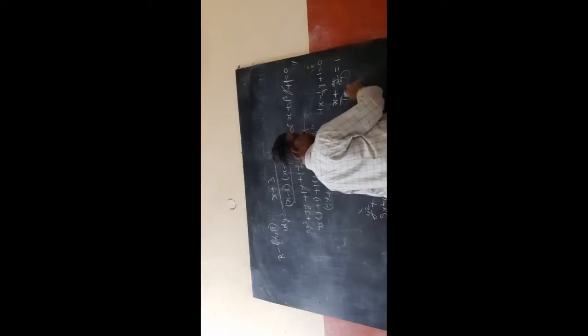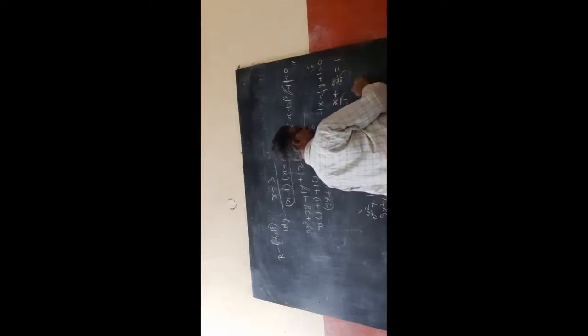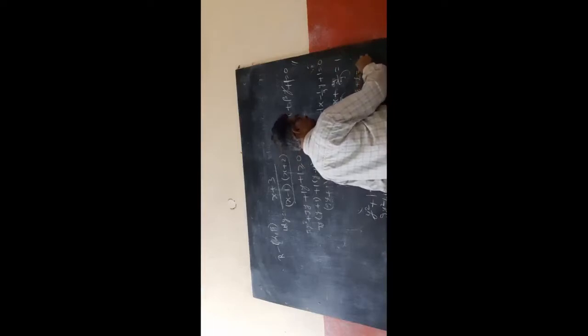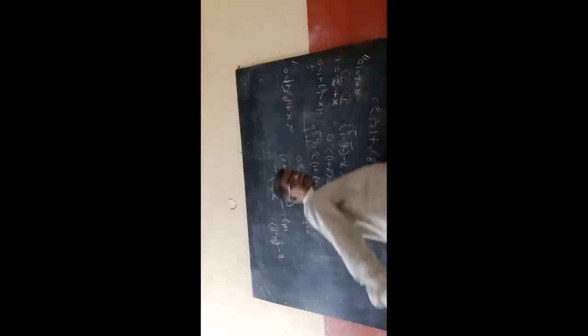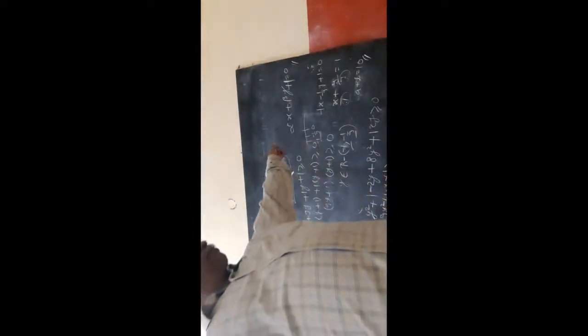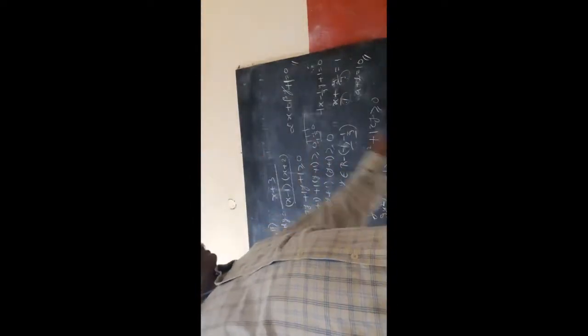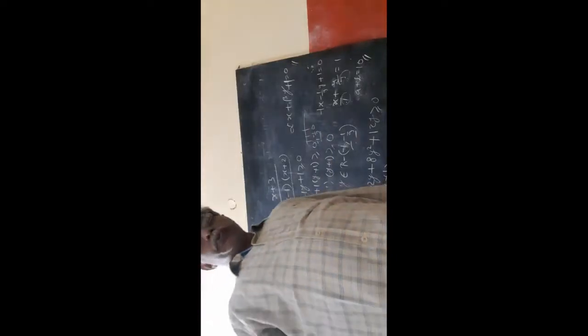So alpha plus beta is nothing but this: x by a plus y by b equal to 1, and a plus b is what is asked. So a plus b equals 1 plus 9, which is 10. So the sum of the intercepts made by the line in coordinate geometry is 10. Like this they are giving questions. So you finish all the remaining sums from your book.